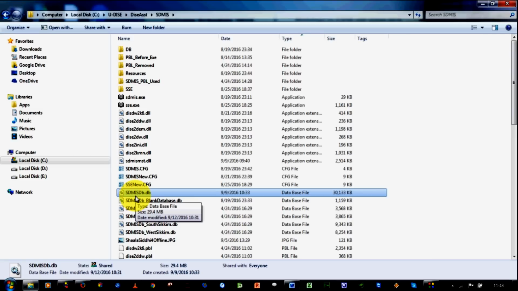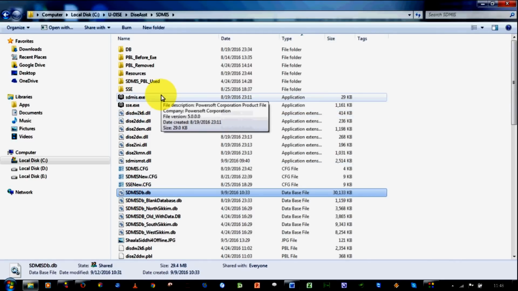Presently after installation this DB is blank, but the updated database is to be provided by the block level or district level officials, district level SSA or RMSA officials, from where they will populate this database and distribute this DB file to the concerned schools, villages, clusters, where they want to enter the data without Oracle. Why is this an independent utility? Because this is not dependent on Oracle database. So it is independent of Oracle database.